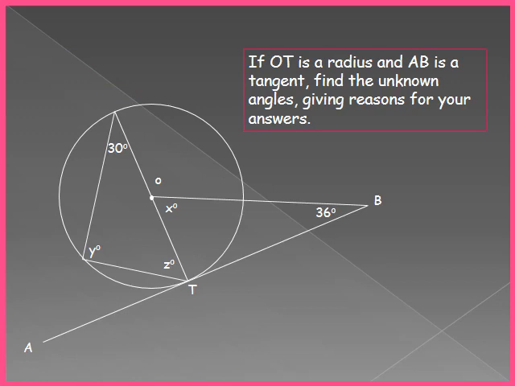They say if OT is a radius and AB is a tangent, the first thing I'm thinking of is an angle of 90 degrees here at T. Find the unknown angles giving reasons for your answers. As I marked my 90 degrees, there's something very clear in here, which is angle X. Angle X is what is left from the